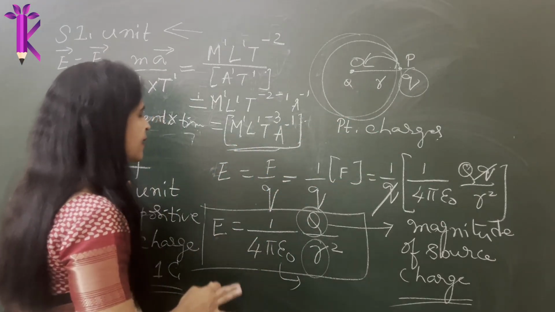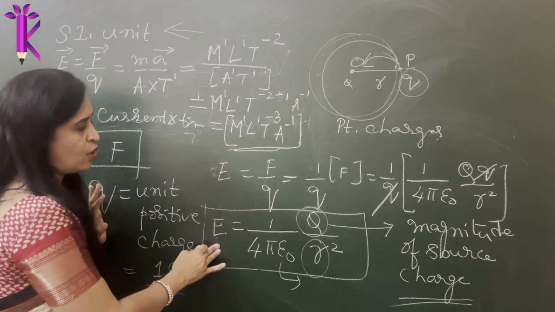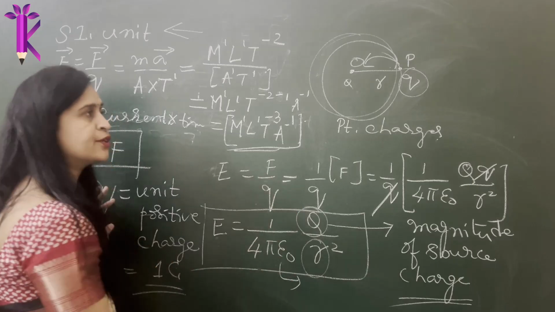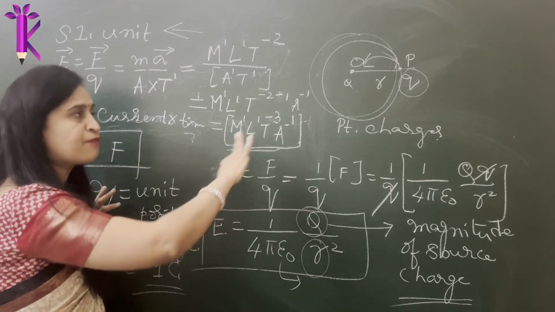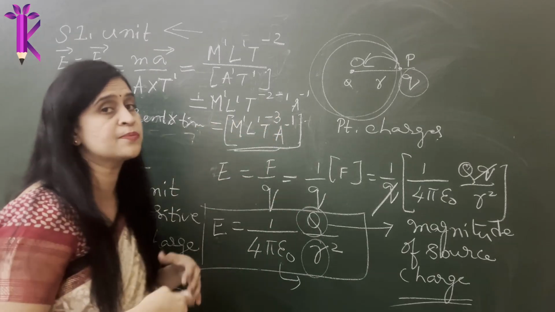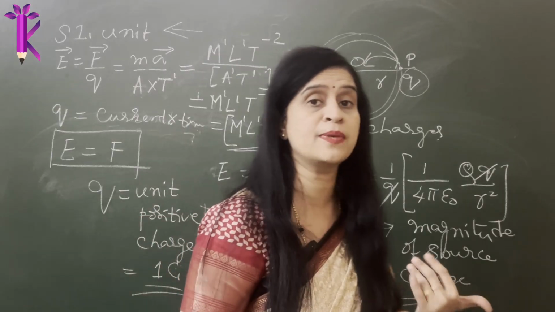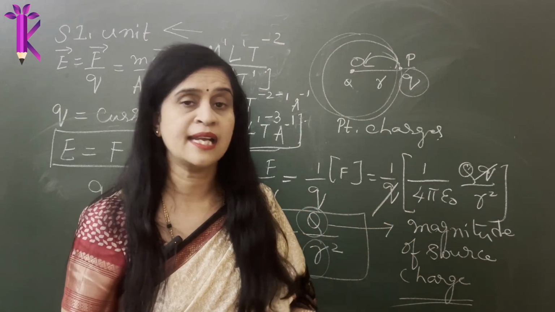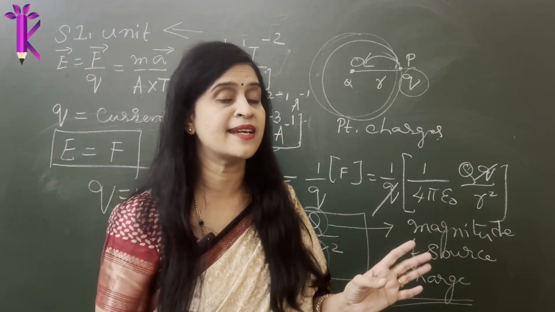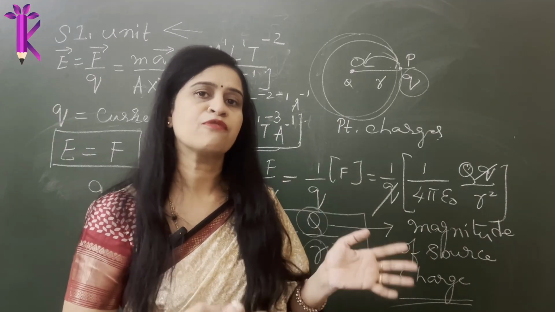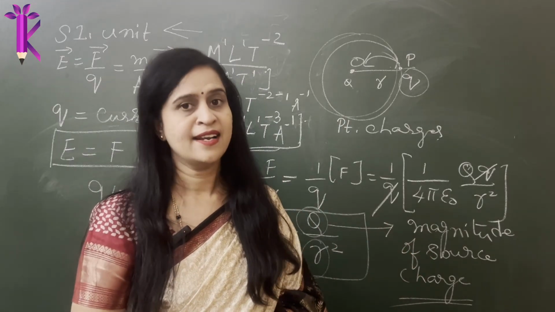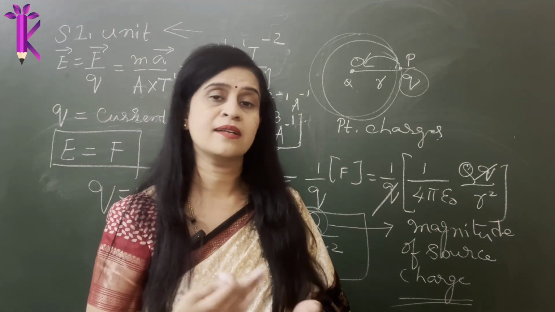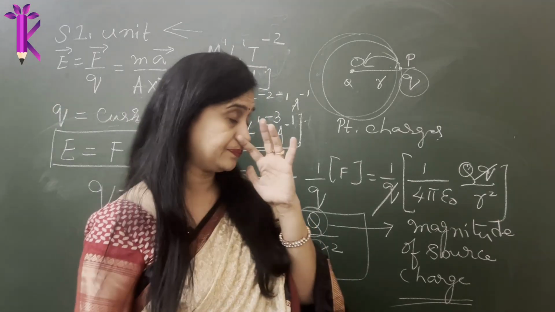So please remember, according to Coulomb's law, force depends on the product of the magnitudes of both the charges, whereas the field only depends on the source charge because we have assumed the test charge to be of negligible magnitude. It does not really alter the field, so we do not need to take into account the magnitude of the test charge. I hope this part was clear. If it's not clear, rewatch it. Any questions, you can always come back.